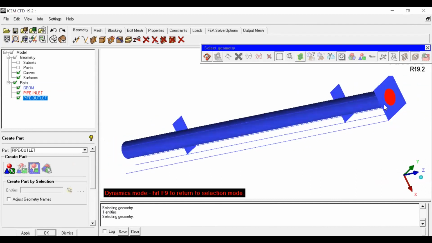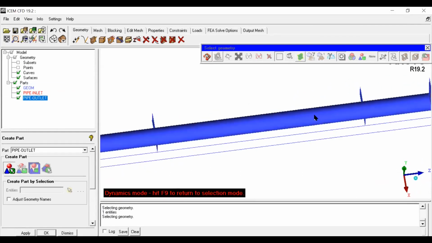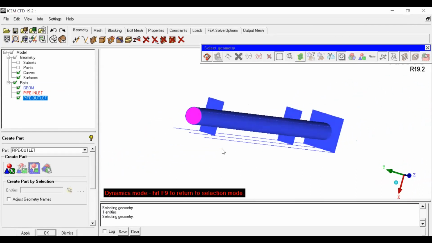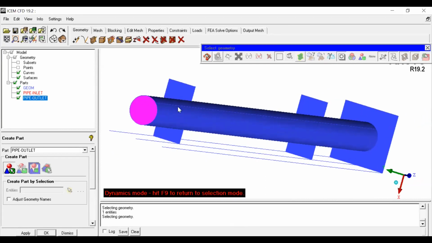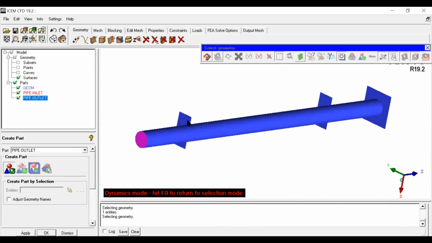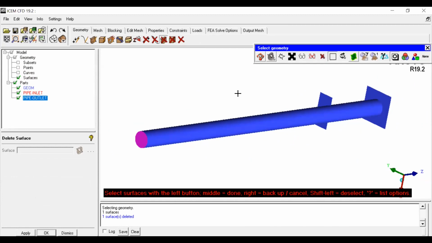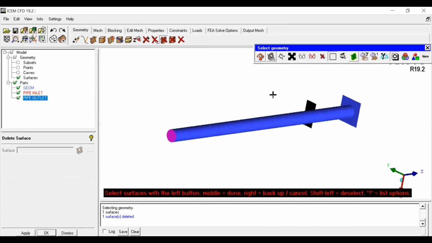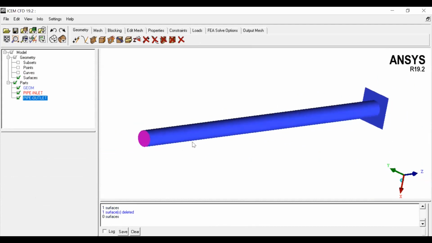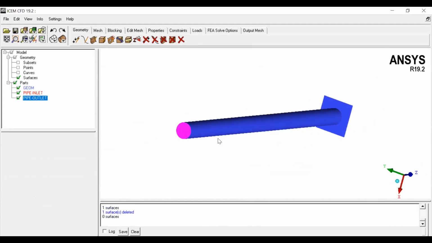So we have a closed pipe. The boundary of the pipe is closed because to generate a body, you must have a closed boundary. So untick the curves. It is not necessary now. I have deleted. Now I want to create a solid body of pipe.